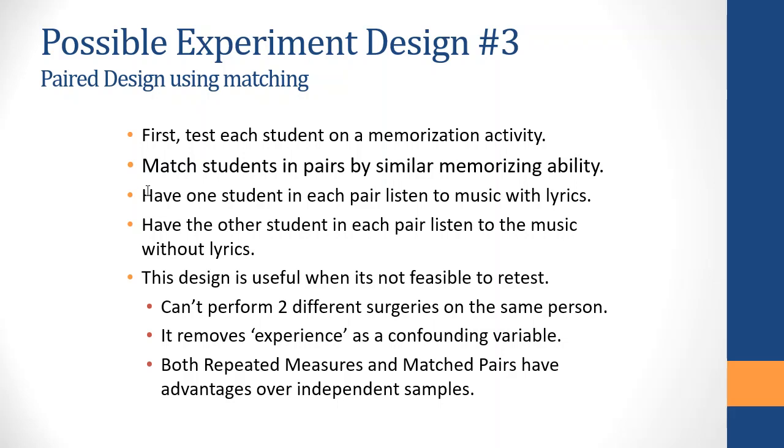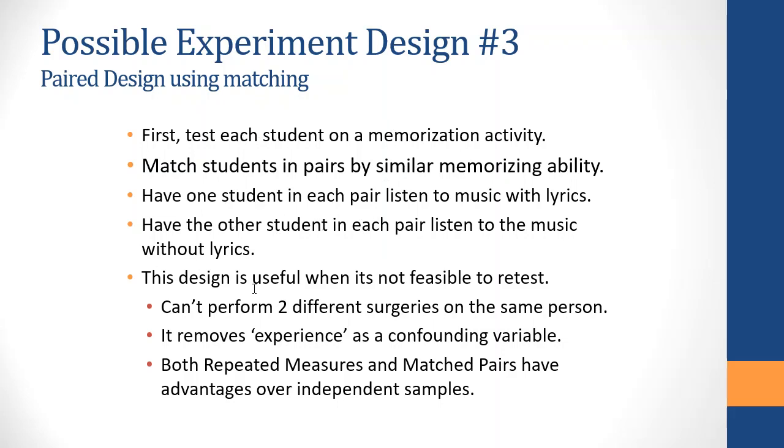And then for each pair of students, one would have music with lyrics, one would have music without, and then you could compare the two groups, not as independent groups, but rather as pairs of students with a single difference. And that actually would be a pretty good way, because it would get rid of that confounding variable of learning, because both students would have the same